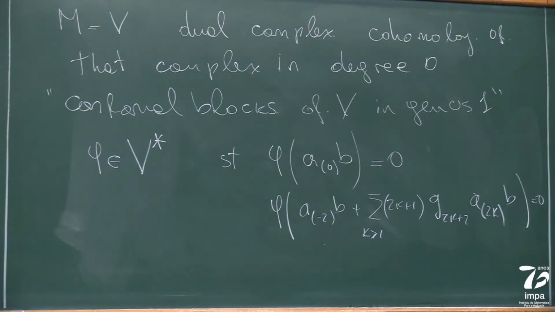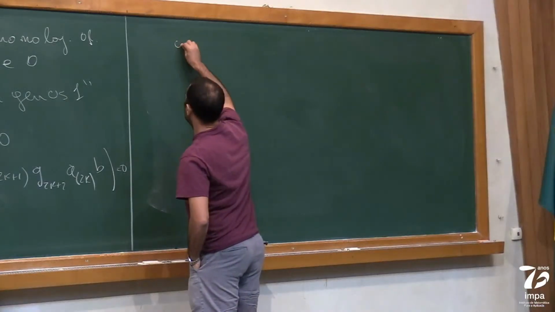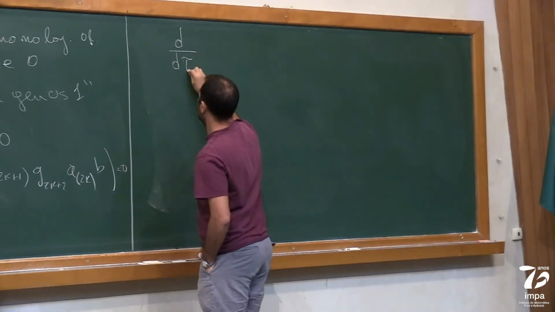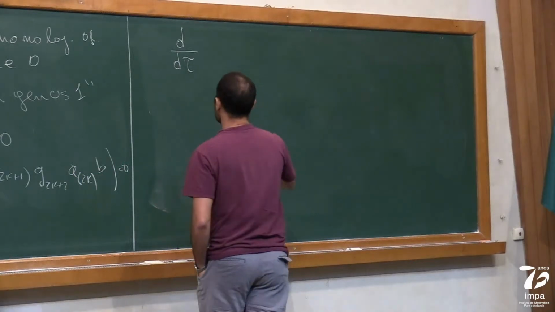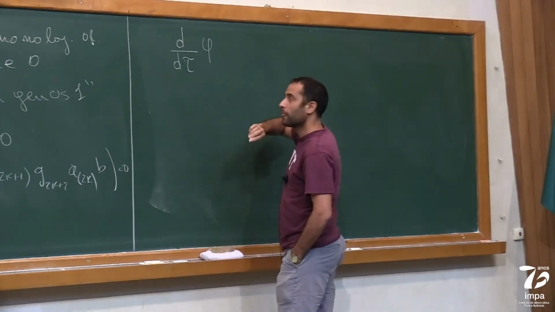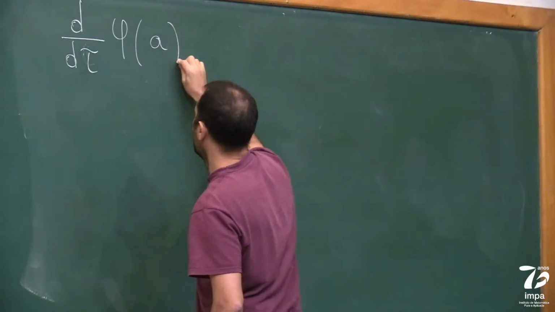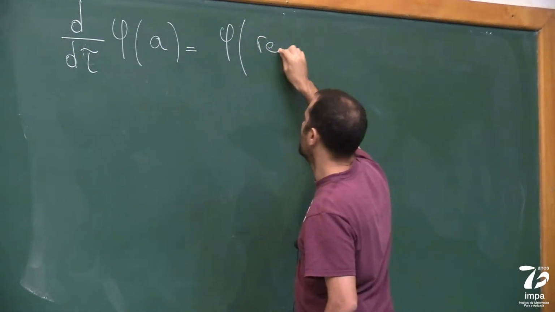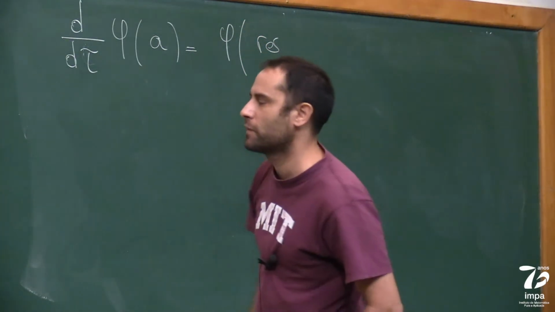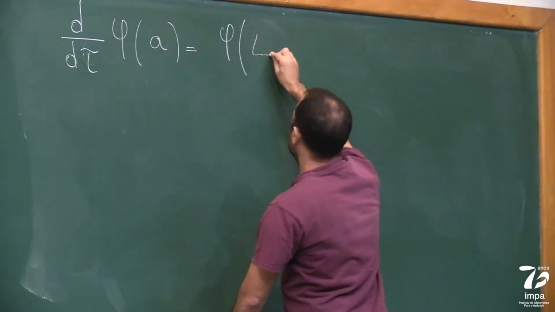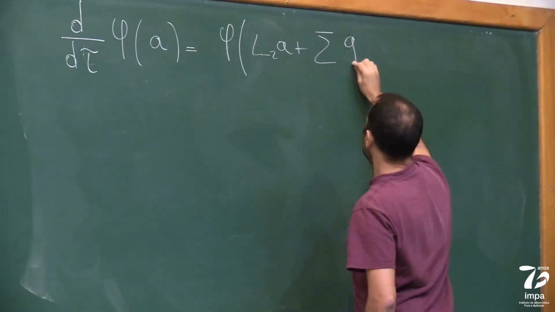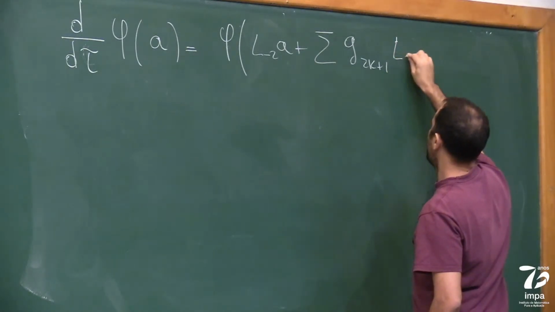And flat sections became an explicit differential equation. The differential equation is that d by d tau of phi of A is equal to phi of the residue, well, what I wrote right there, which is L minus 2 of A, plus the sum of G 2k plus 1, L 2k plus 1,